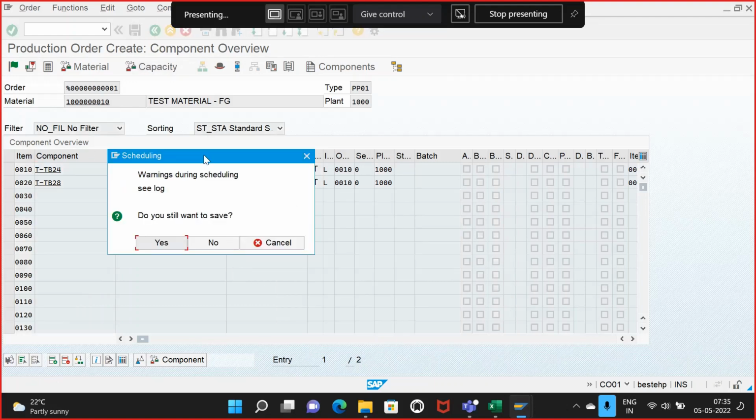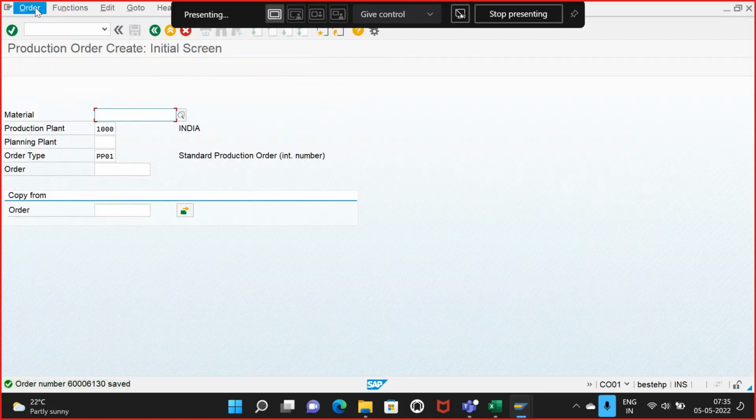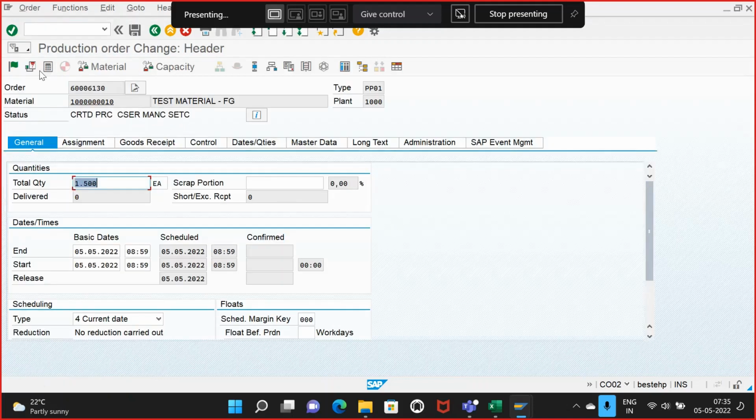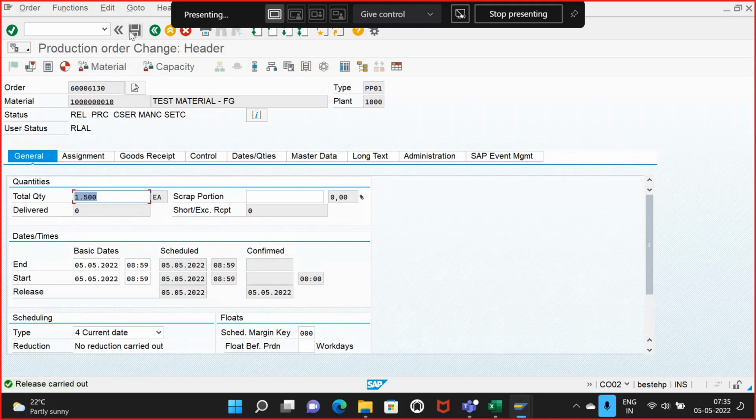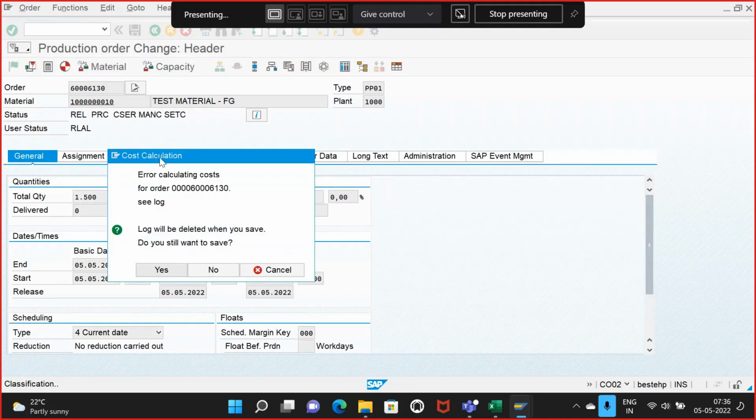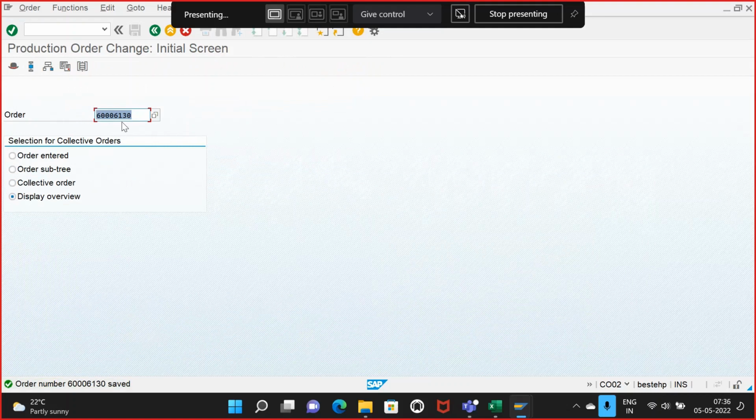Click on save. Order is created. Go to the change mode. Just release the order and save this order. What is the order number? This is the order number